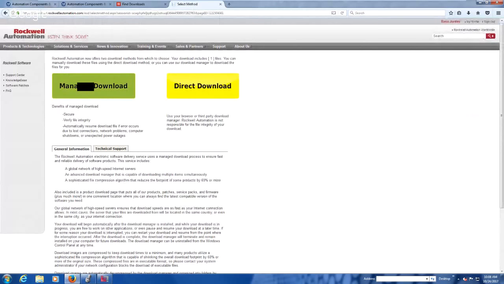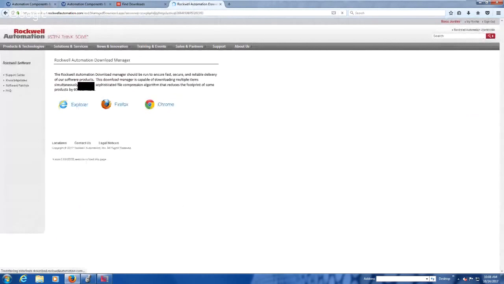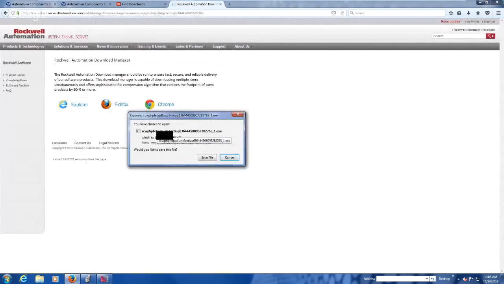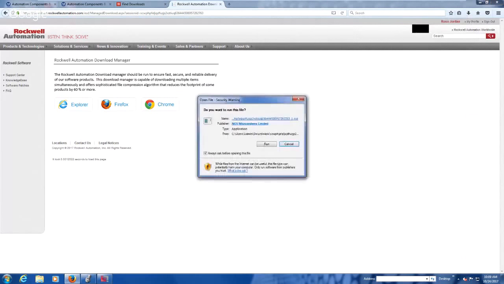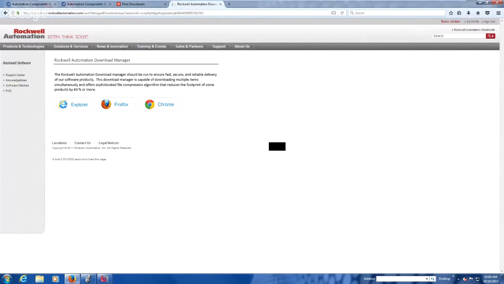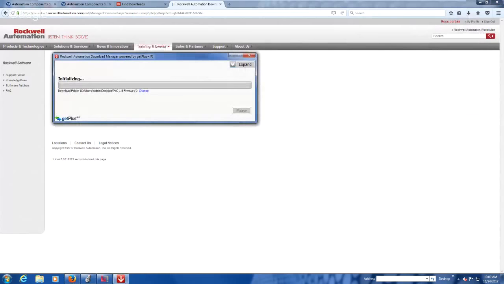So I picked manage download, and the reason I picked that is it better recovers if the download is interrupted and has better error checking. And what it does is it downloads an executable file to your computer, and that actually runs the download. So once you download that, you're going to go select it, and that will run the download to put it